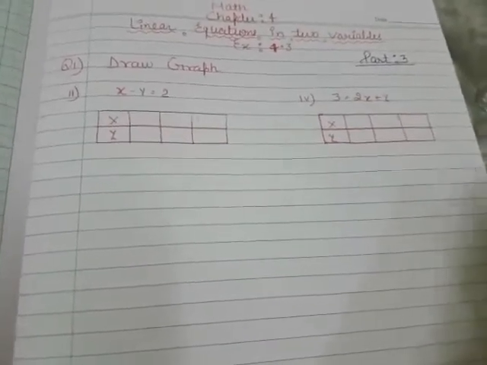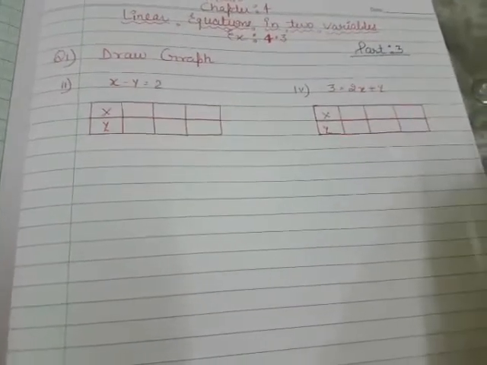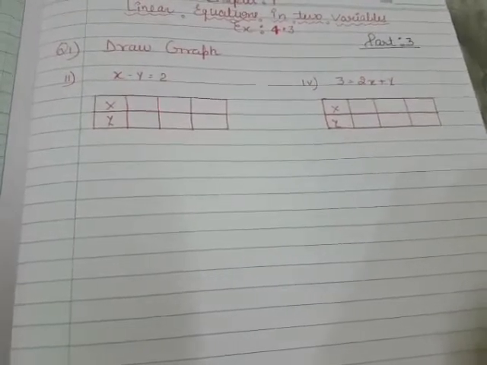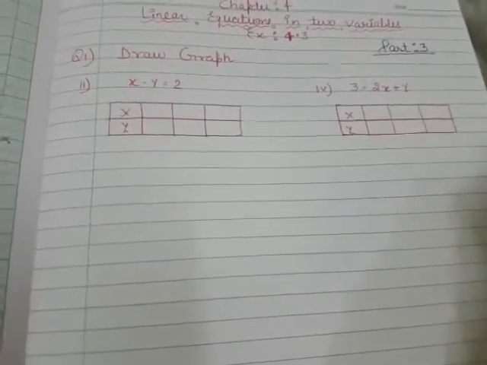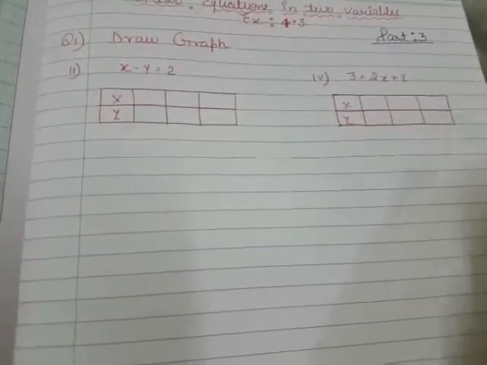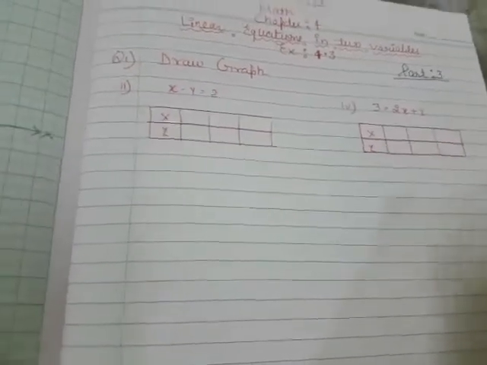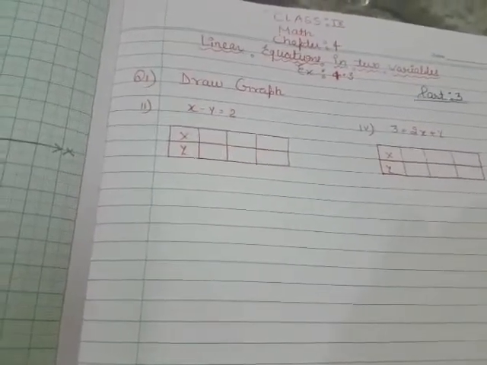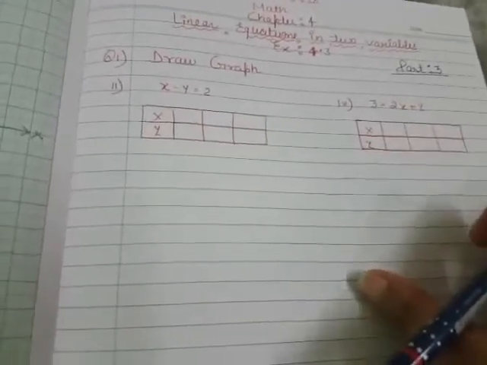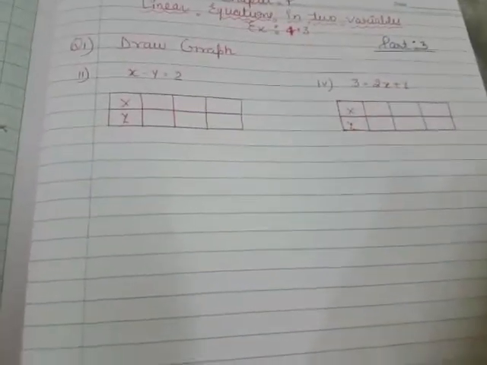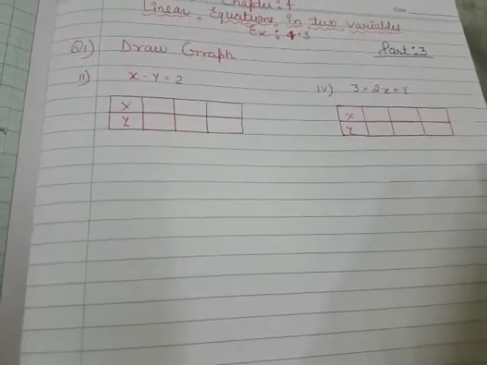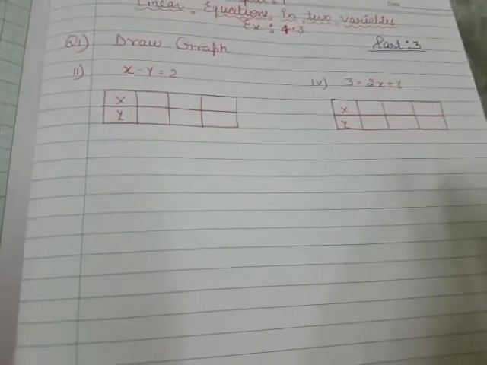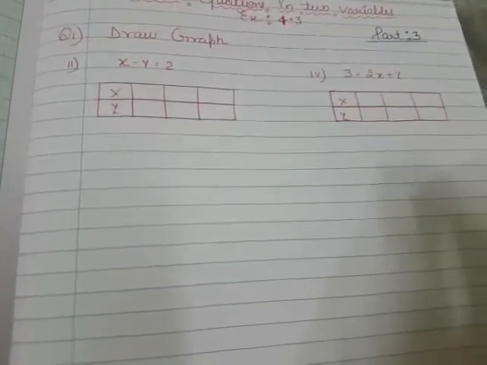So students, in exercise 4.2 I taught you how to take out solutions of a linear equation in two variables. If we have only one linear equation in two variables, then how to take out solutions of that. That was question number 2 of exercise 4.2, where you write 4 solutions. Same for drawing the graph, we will take out the solutions of the linear equation in two variables. Then after taking out the solutions we will draw the graph.